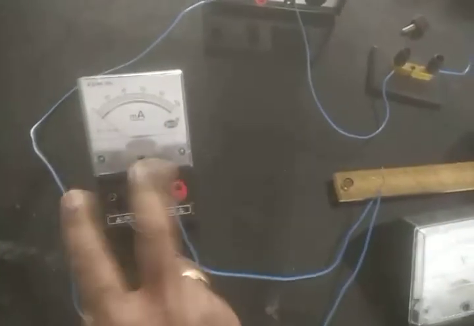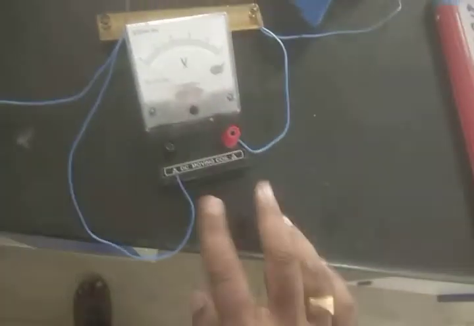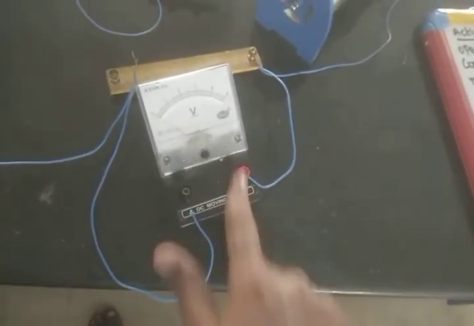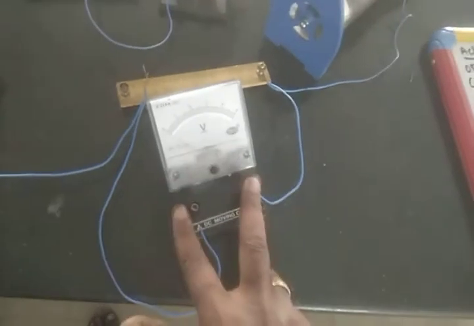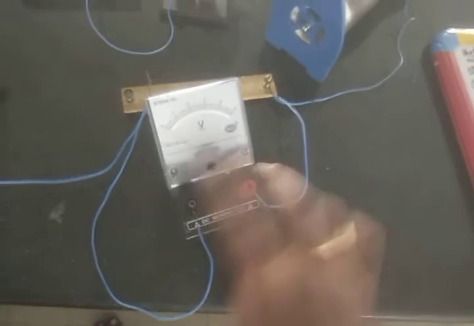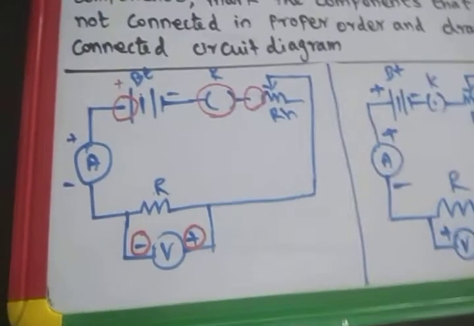So these are all the faults the student finds when the faulty circuit is given. There may be a different thing too: the ammeter deflection may be opposite. Even in this circuit, from the resistor, it should be connected with the positive terminal. But what has happened? From the resistor, this end to this end, negative is given. From positive only, this end is connected. So these two must be interchanged. Don't check only the connections. Whether the connection polarity is correct or not, you have to check it. So these are all the faults you can find in the activity.